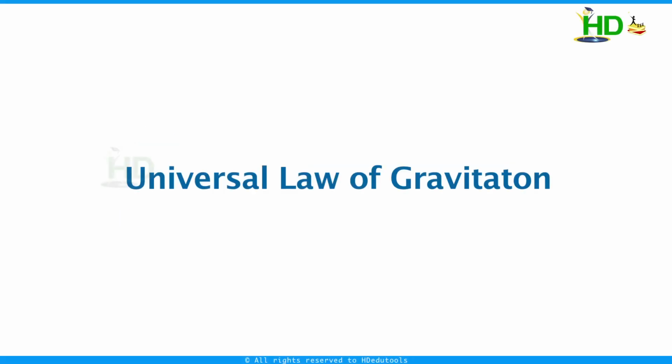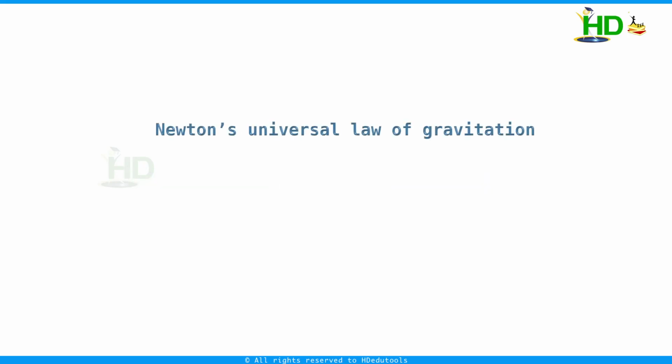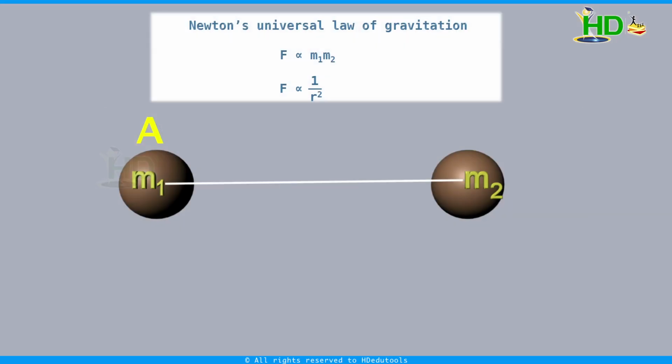Universal law of gravitation. According to this law, the force of attraction between two particles or two bodies is directly proportional to the product of their masses and inversely proportional to the square of distance between them. Suppose we consider two bodies A and B having masses m1 and m2 respectively. Let the distance between these two bodies be r, and according to the law of gravitation, the force of attraction F,